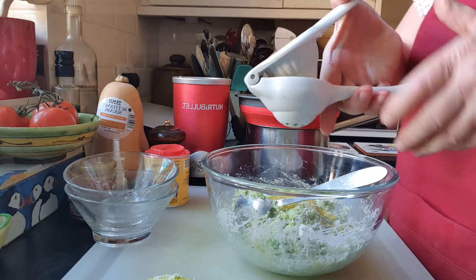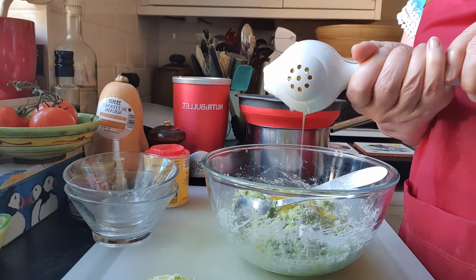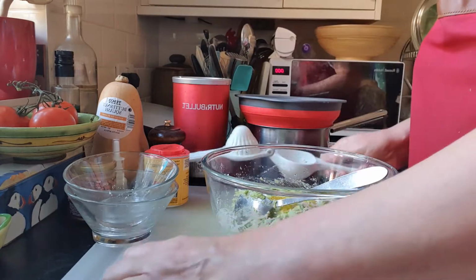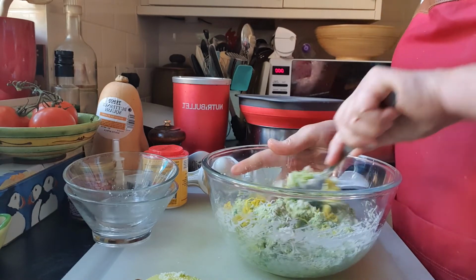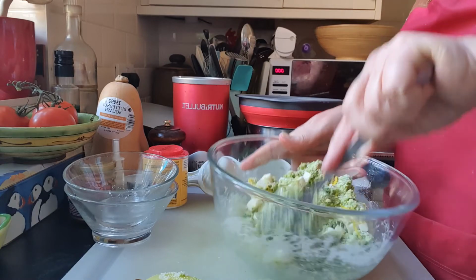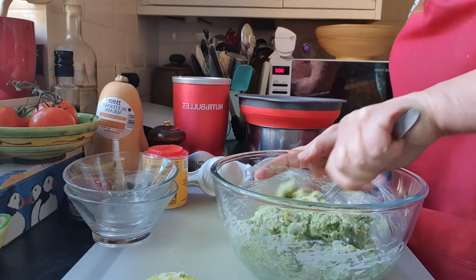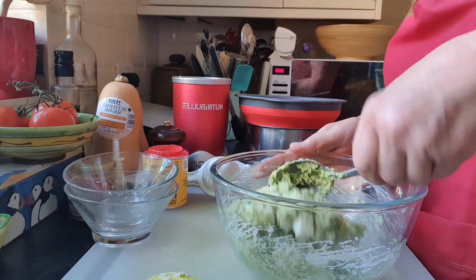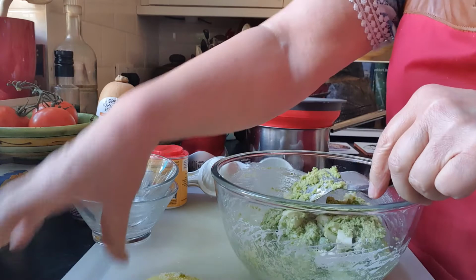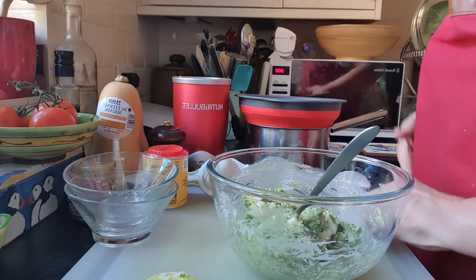So I'm going to add juice from half the lemon to start with, and see how it goes. So let's just mix that up. Okay. Yep, that's nice, that's sticky, that's fine. I'll use the other bit of lemon juice in my gin and tonic later. Right, now this mixture is ready